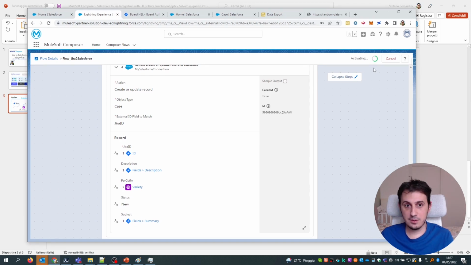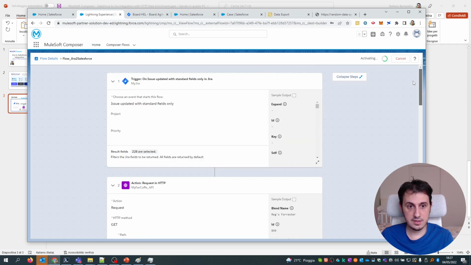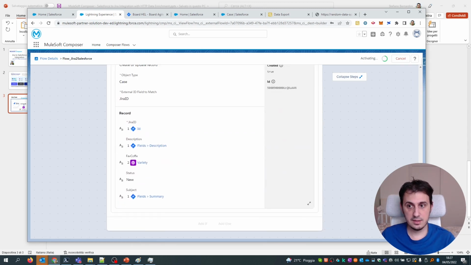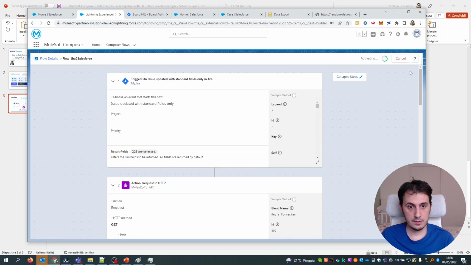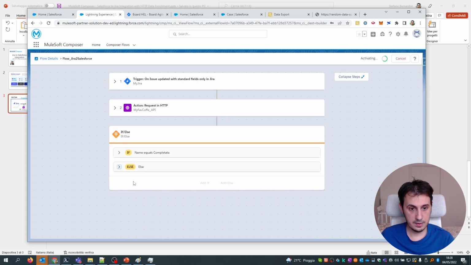So let's wait for the activation. At the moment they are setting up all the stuff in order to install the flow we are creating. The flow is pretty simple. We create a trigger that fires every time a new ticket is created.